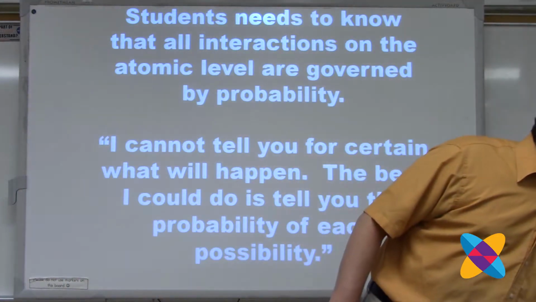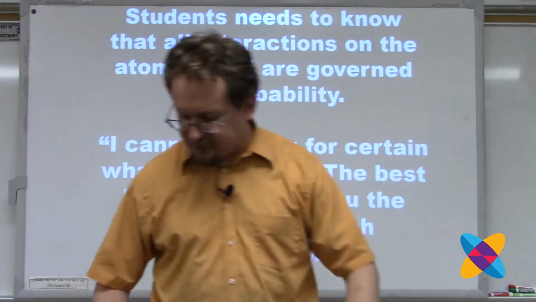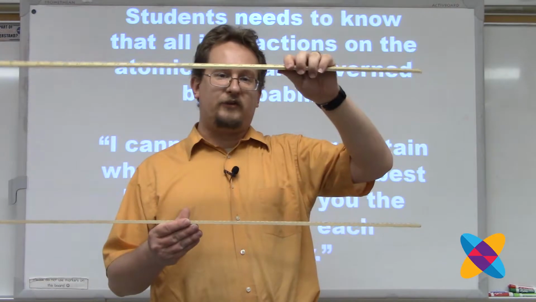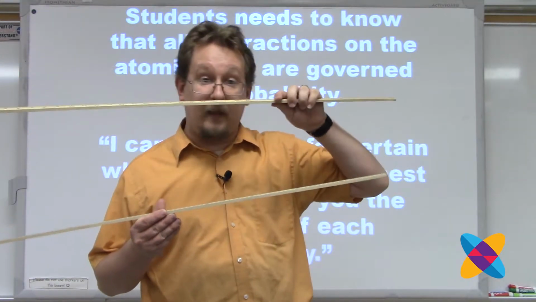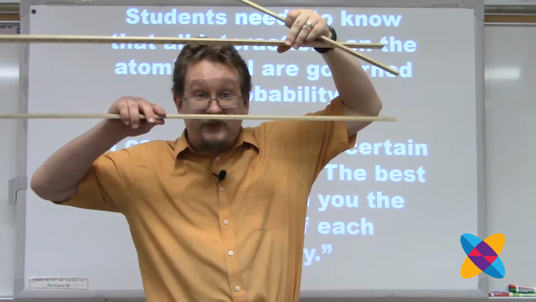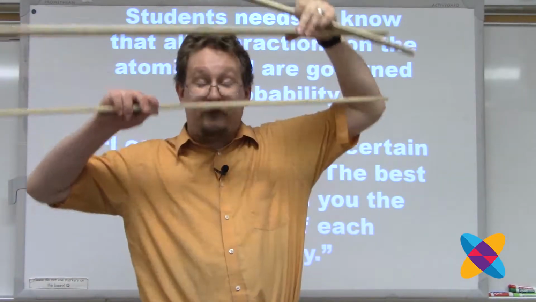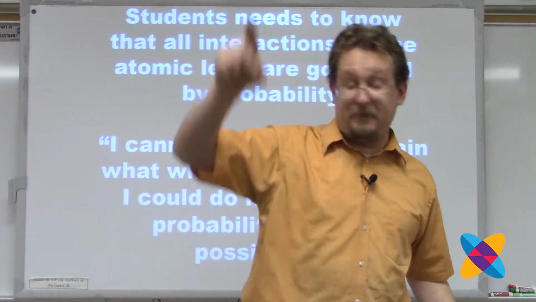Well, I want you to imagine you have 3 energy levels. Here's the ground state. I know you can't see it in the camera, but you can imagine it's here. And then you have your 2 excited states. I have an electron right here where my nose is. What could the electron do? It could jump down one level, and then jump down to the ground state, or it could jump down 2 levels, skipping one, to the ground state. It's possible to make a small jump, or to make a big jump.